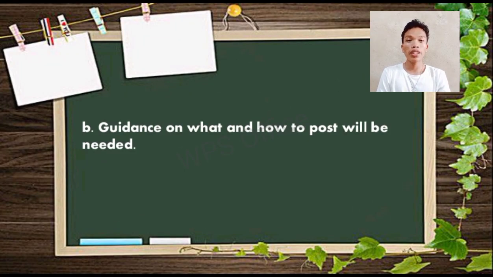B. Guidance on what and how to post will be needed. Once the instructional objective has been established, teachers should provide clear guidelines on what type of posts are appropriate and how to format them. This includes guidance on the length of posts, the use of images, and the appropriate tone and style. For example, the teacher may provide a rubric or checklist outlining the key elements of a successful blog